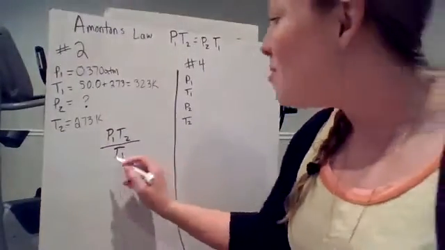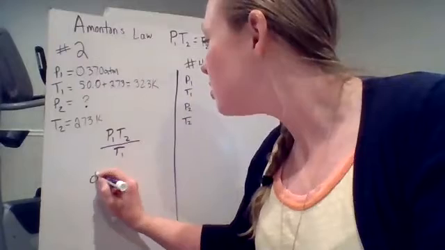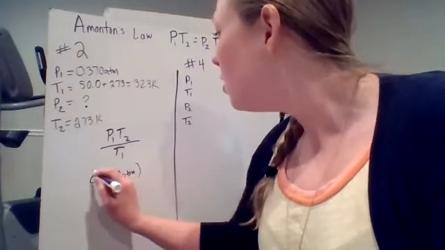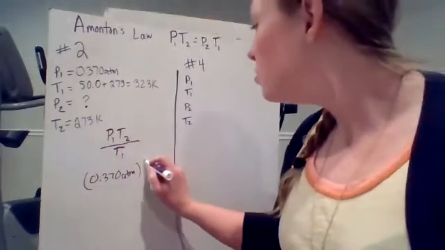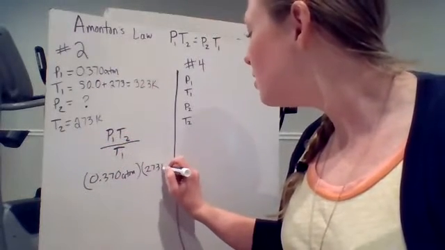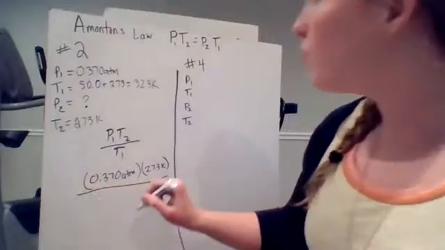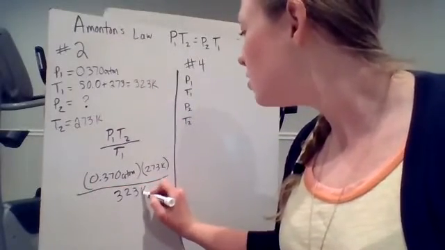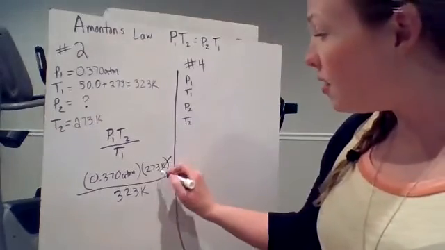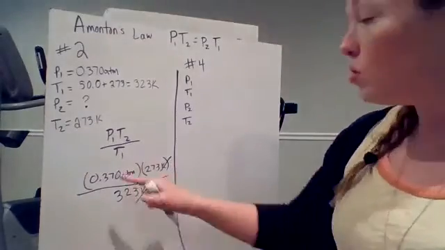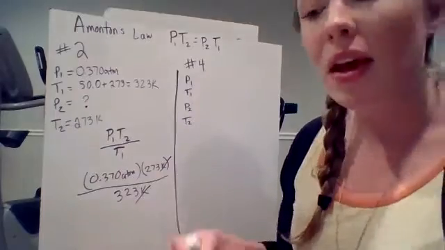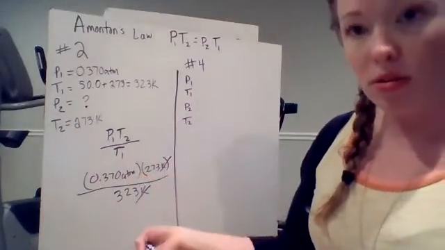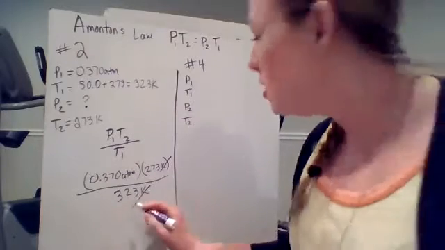Okay, so our P1, 0.370 atm, and then our T2, 273 Kelvin, all over T1, which is 323 Kelvin. You'll notice K cancels. You're left with atmospheres. You multiply across the top, divide by the bottom, and round for significant figures. Each of these values has 3 significant figures, so we're going to round to 3 sig figs. So you should get